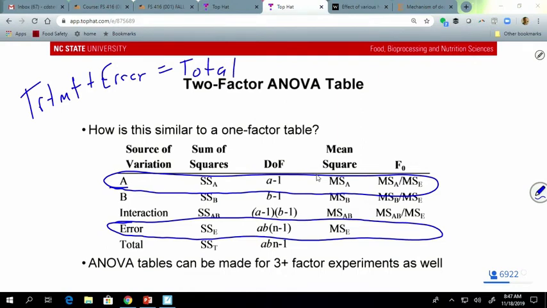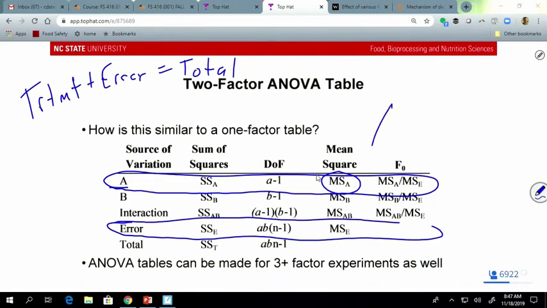And we did that whole calculation to solve for the mean square error. Anyways, it looks very familiar to the one-way ANOVA,